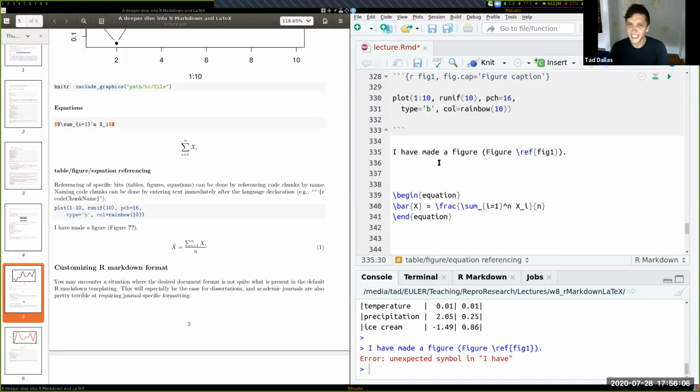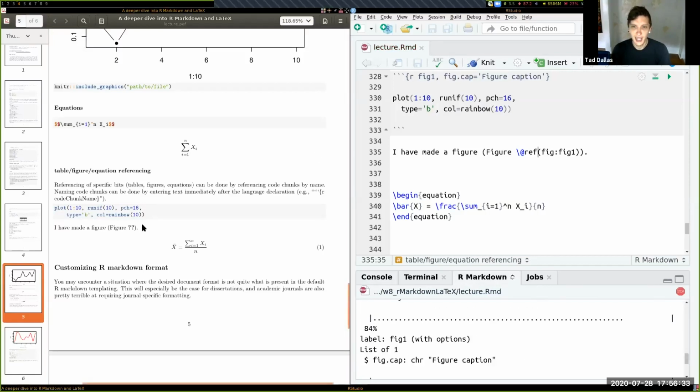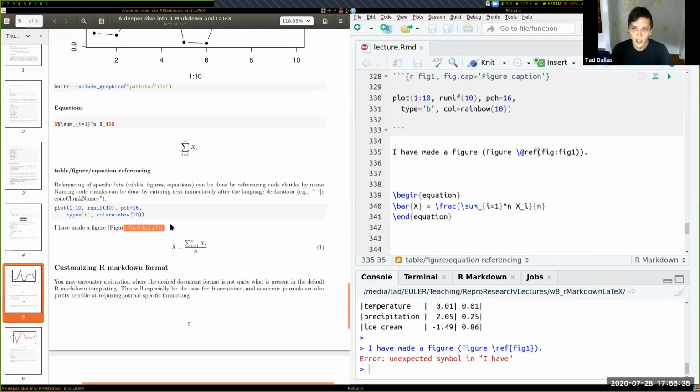So here I tried to use a LaTeX reference. This is how LaTeX would reference things, with \ref. They said they would reference it like that. So \@ref, open parentheses. But when I try it either way, it doesn't actually work. I don't know what the problem is there, but I'll try to get to the bottom of that and get back to you, at least for the students in the class.